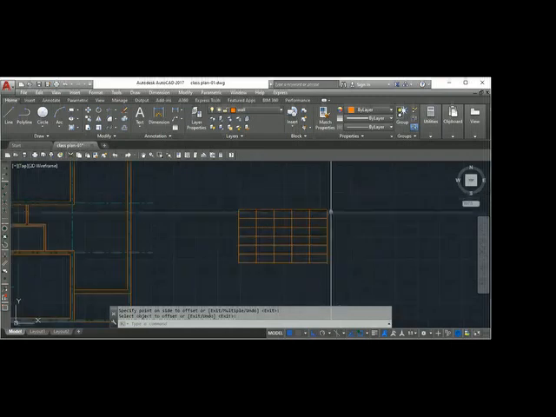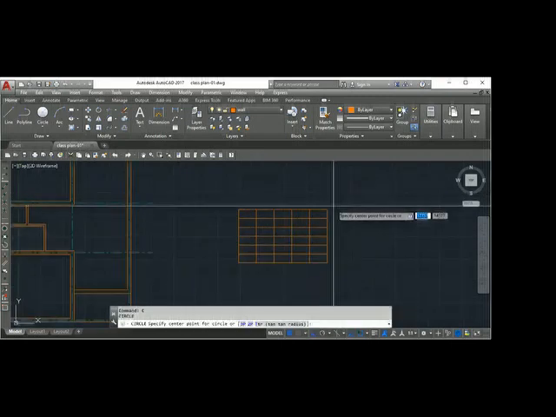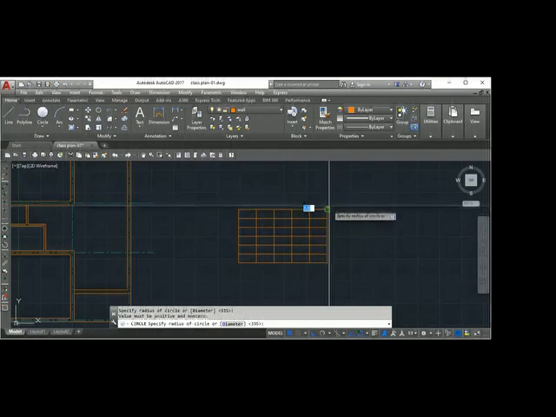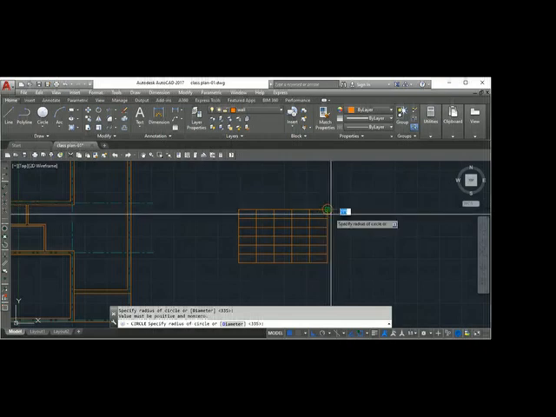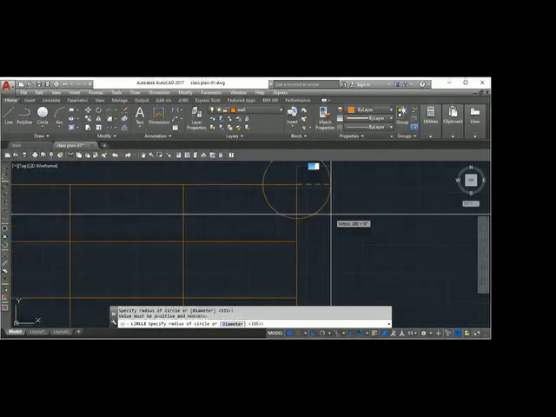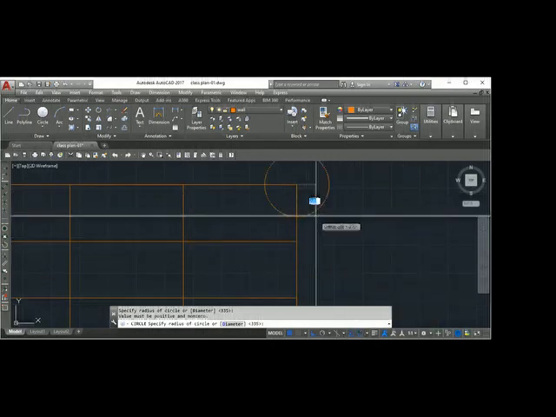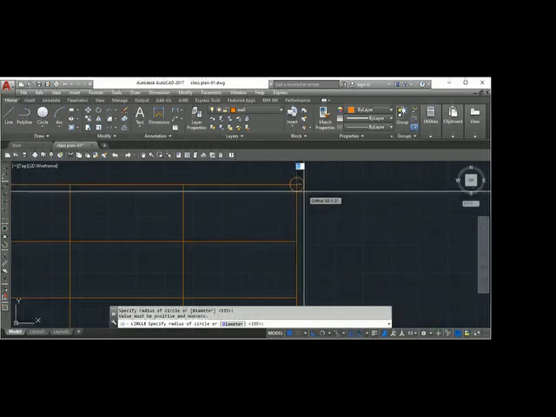I'm just going to draw a small circle here. You see, when you want to make a small circle, it will not come, because the intersection point is holding that. Little bigger, no problem. But when you make it small, you see that the intersection or the endpoint object snap is in there. You have to zoom in, then you can do it, or you have to switch off the object snaps. So I made a small circle here.